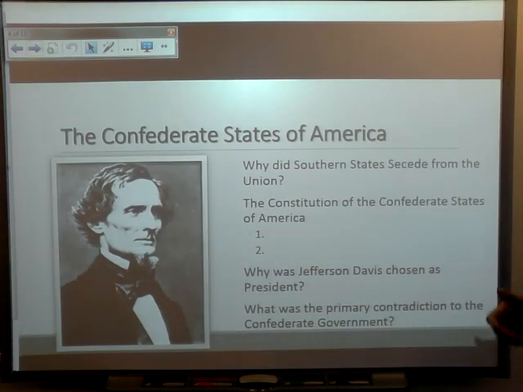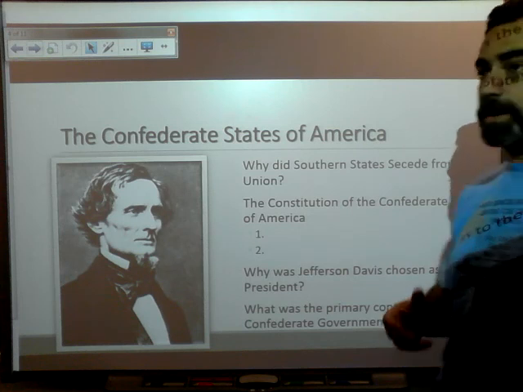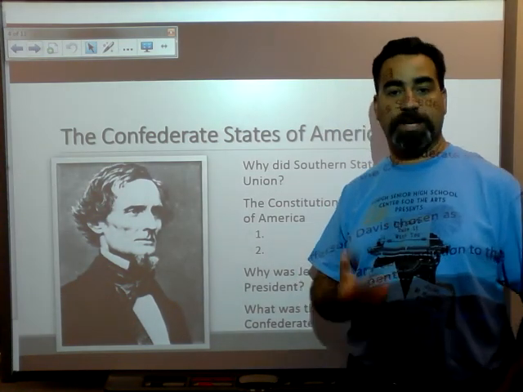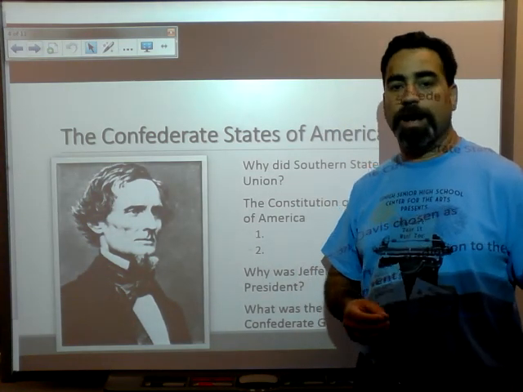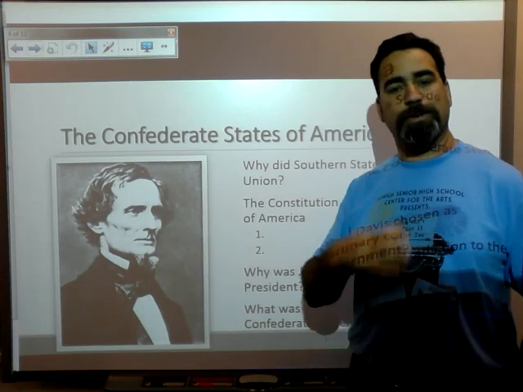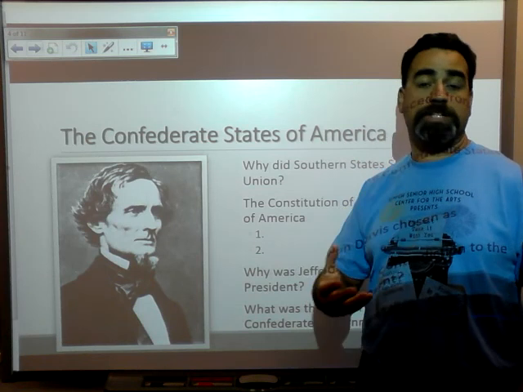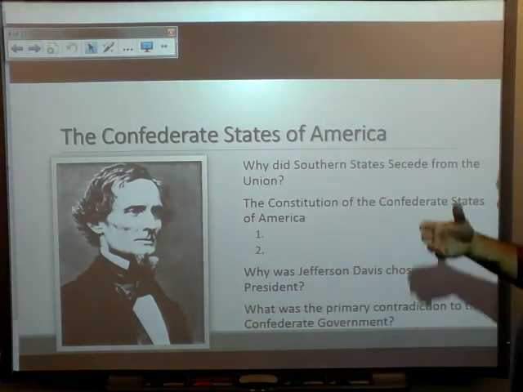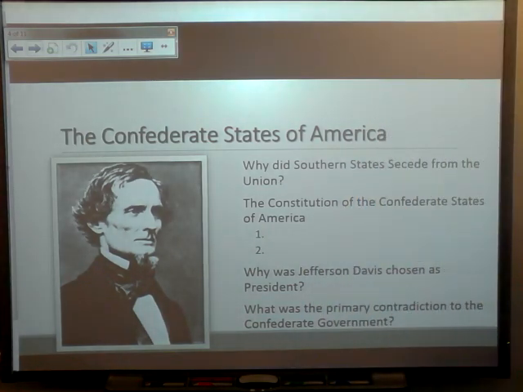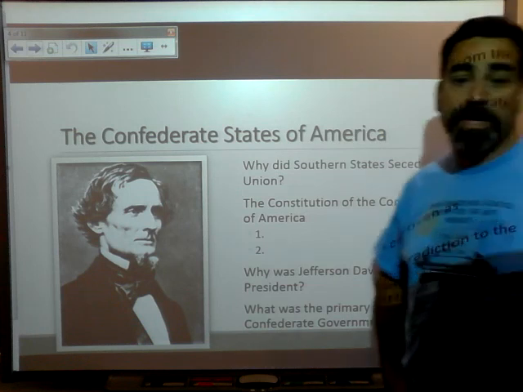But these southern states are going to leave the Union, and they are leaving the Union to protect the institution of slavery. Yes, we can make the states' rights argument. That is a central part of the Confederate philosophy, as we know from the Constitution that the Confederate states wrote up.